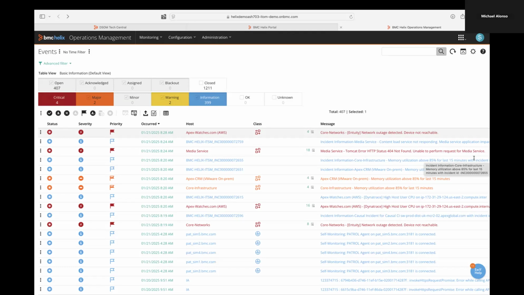Why is that critically important? It really gets you a head start on who needs to be involved to start the troubleshooting process. But more importantly, when we start cutting tickets into your IT service management platform, you are going to get a singular event. This is going to be the event that you get. And in that ticket, you will get all 18 additional events that have associated to that primary event.